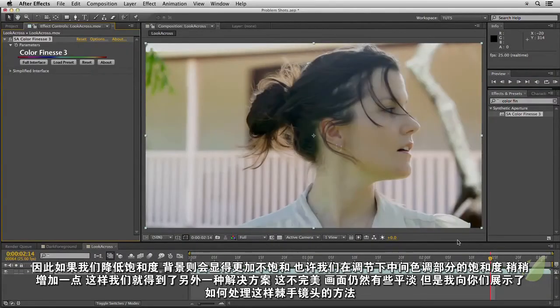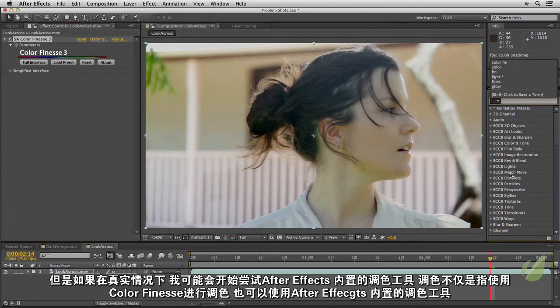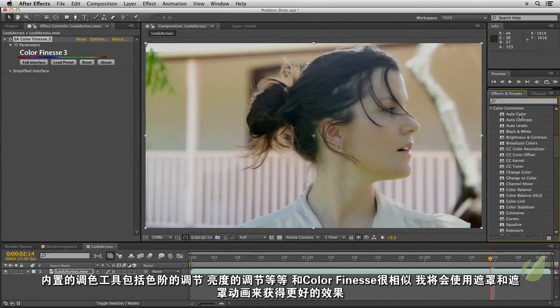That's not too bad. It still looks quite flat, it's not perfect, but it shows what you can achieve if you've got a really difficult shot. However, in reality, if I was faced with this shot, I would start using some of After Effects' built-in tools. Color correction isn't just about using Color Finesse or using the built-in color tools that are inside After Effects. You have levels, controls and color balance, and very similar tools are in After Effects already to the ones you find in Color Finesse. But instead of doing that, I'm going to use masking and animating a mask to create